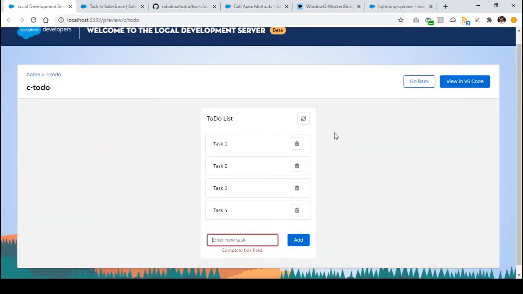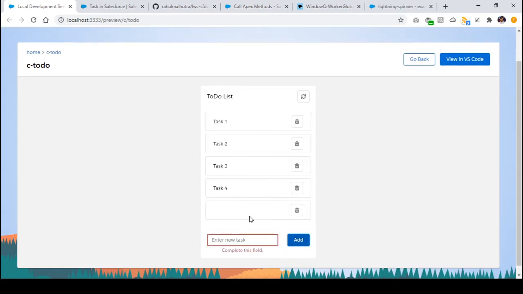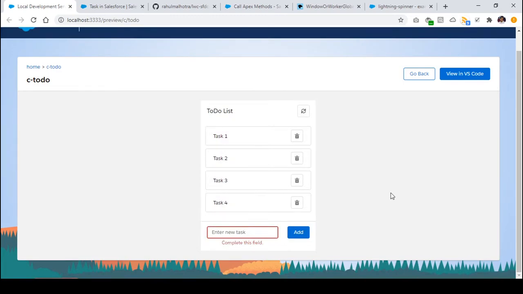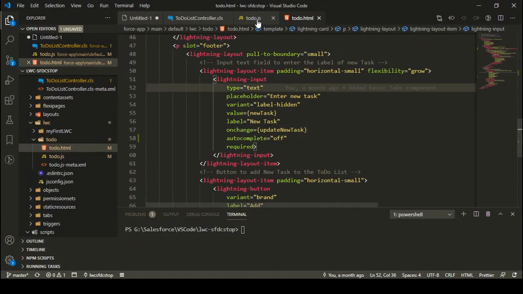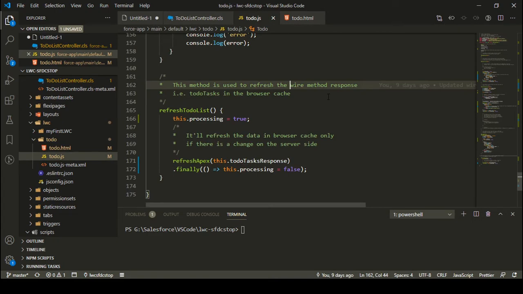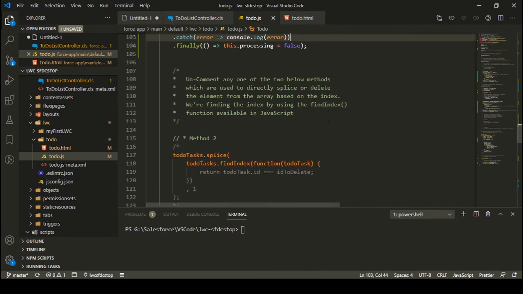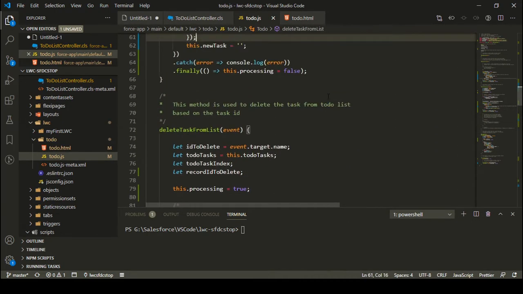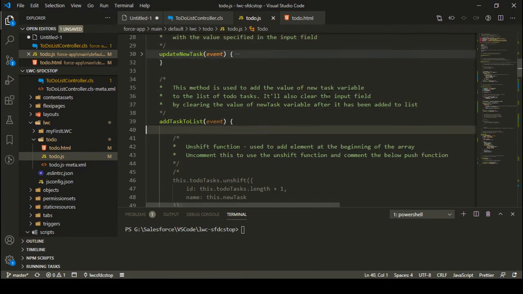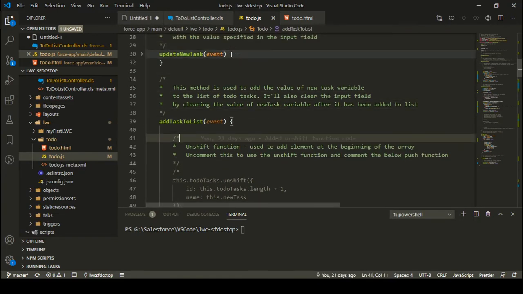Okay, so the next thing that I need to do is that I shouldn't be able to insert any empty tasks, right? If I click on the add button right now, I am able to insert an empty task onto the list. This should not happen, right? So let me delete this and let us check how we can stop this from inserting an empty task. In order to do that, I can move back to my method which is named add task to list, and I can simply check one thing,